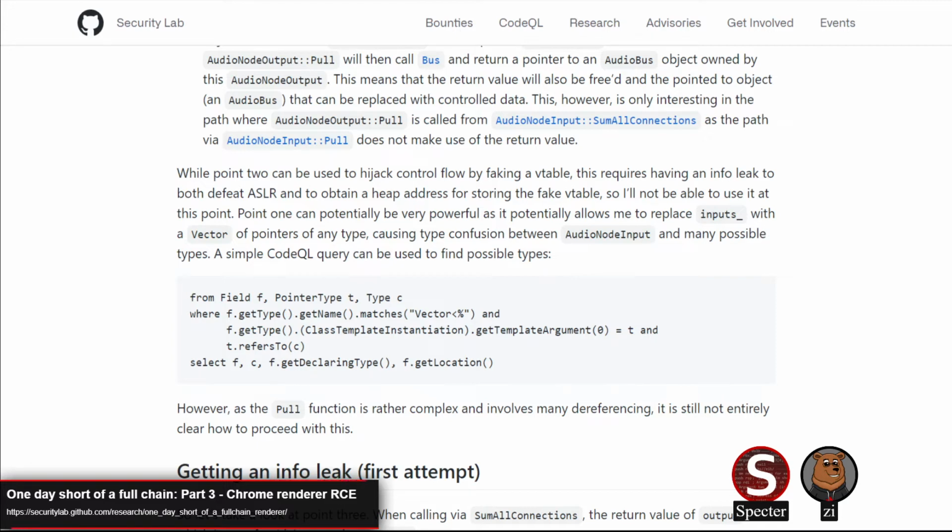But just know if you're going to go read this after the show, you'll probably have to skip a few sections, especially after the vulnerability is covered. Primitives of the vulnerability and stuff, you might just want to skip and get to getting an info leak. They have a "getting an info leak first attempt" section that you can skip. That's a path that they tried and didn't work. So getting an info leak for real is probably where you want to start reading if you're curious enough to get into reading the write-up.